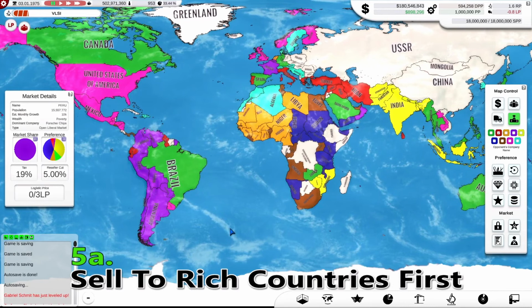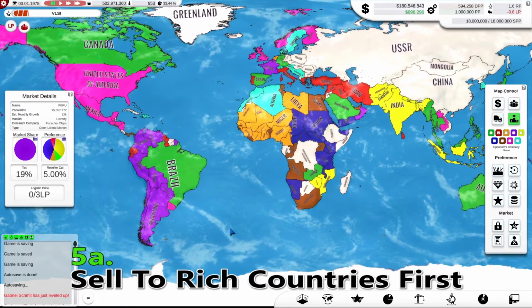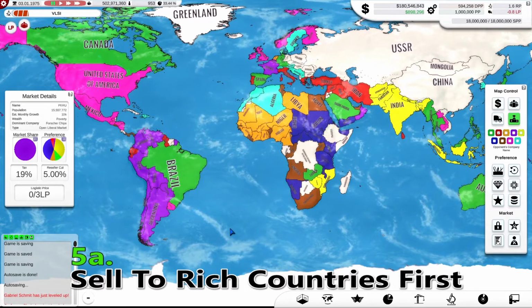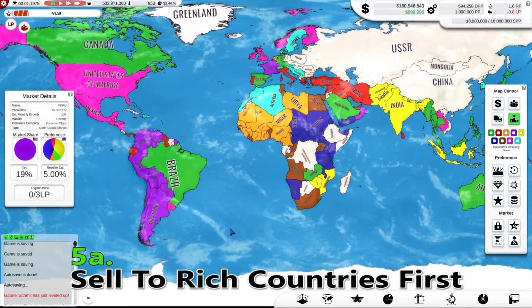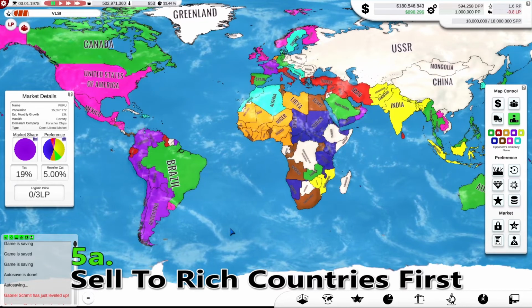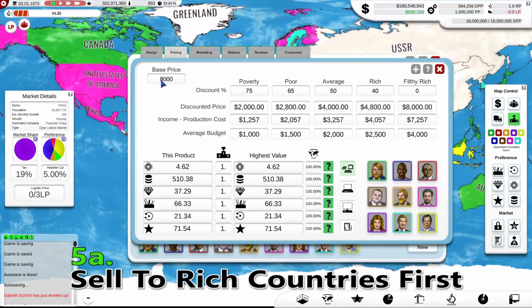On to tip 5. We've now got sites for our computer. We have designed our first computer. Where are we going to sell it? Again, covered in the tutorial. But important to keep in mind is you want to sell as many computers as you can for as much as you can. And if we look at our computers, I am pricing it very expensively, to be honest,